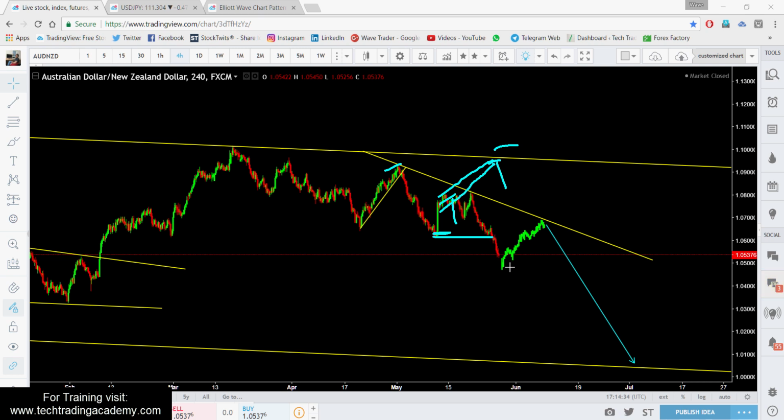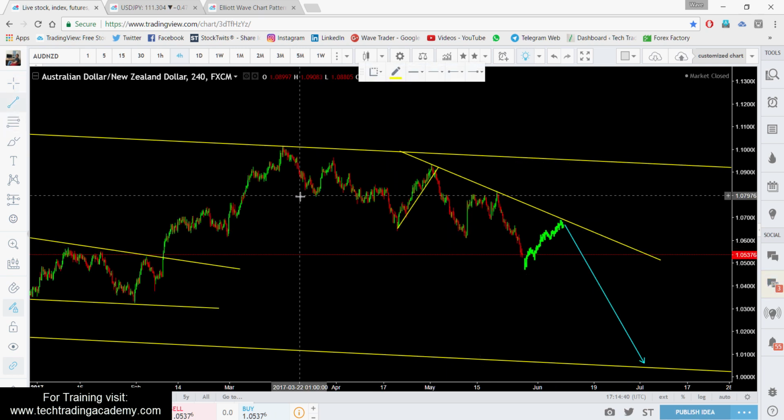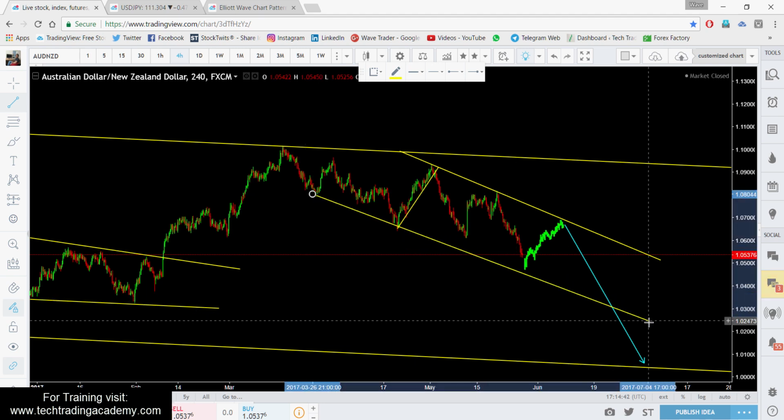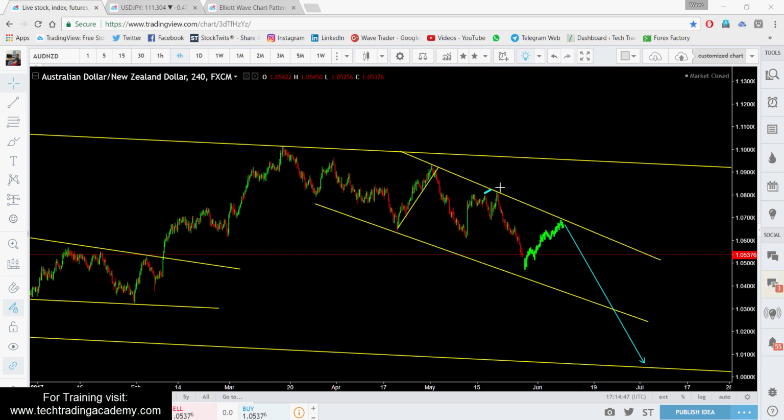It is not clear at the moment what kind of formation we are having on this pair. Looks like this channel. The formation we are having here is not clear. It looks like the formation we were having here was an expanding triangle,